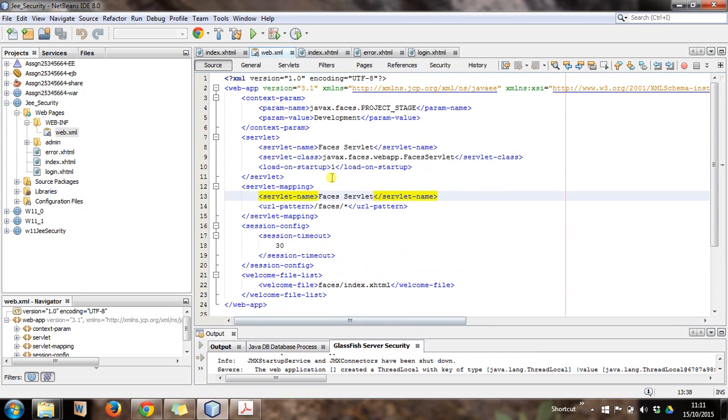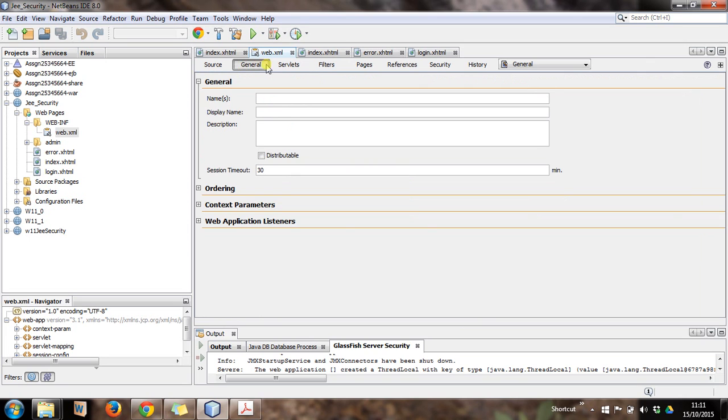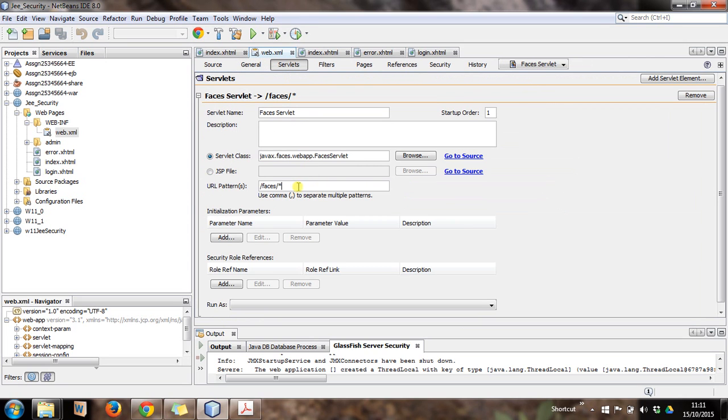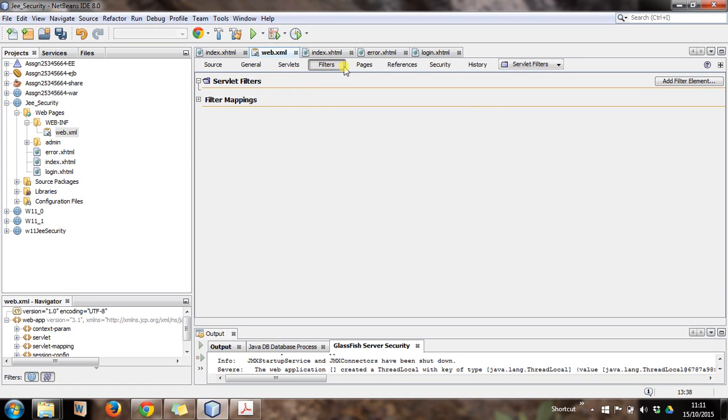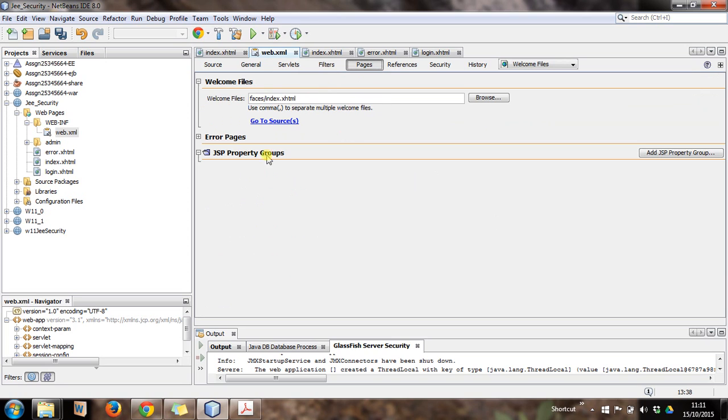Either you can write things over here, or you can use the above tabs and make changes in the form and save it. There's nothing much in servlets and this. Here you can have it as start.xhtml, faces. These are the URL patterns that the faces servlet needs to match. Save it, and then filters, no filters in pages, this is fine,